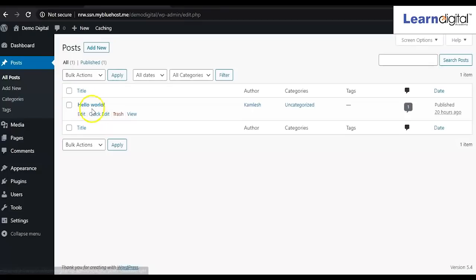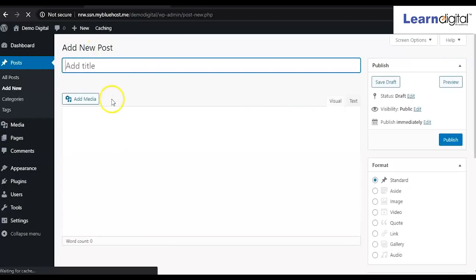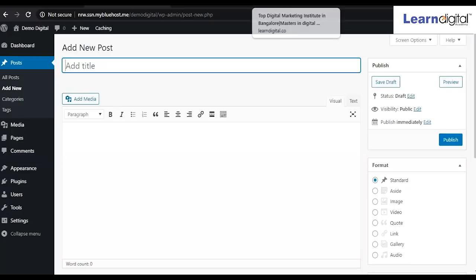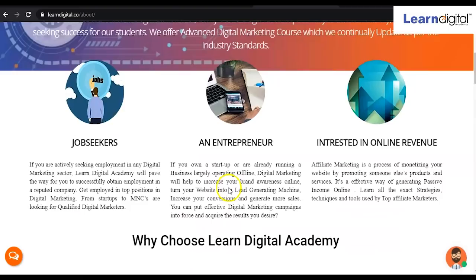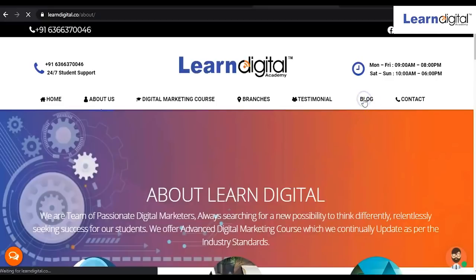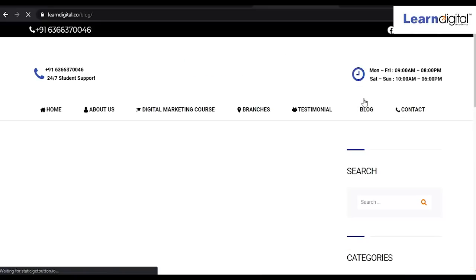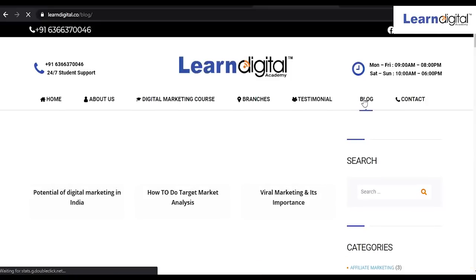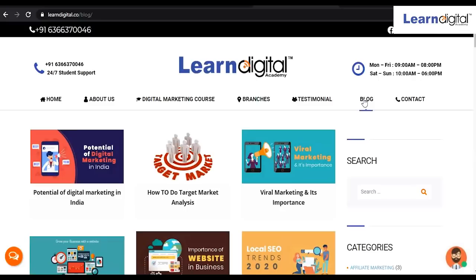Here by default one sample page is coming, like hello world. Under the post option, as I told you, you can write your blog or article, right? So suppose I want to write an article over here. Here I'll be putting the title. To show you, I'm taking any blog from here and simply copying and pasting it to make you understand. But whenever you work on your blog, you should always take your original or unique content. You should not take the copied one, right?